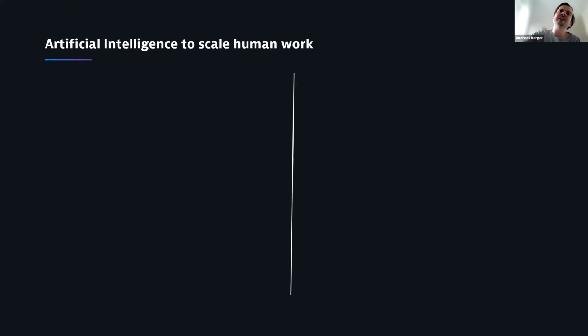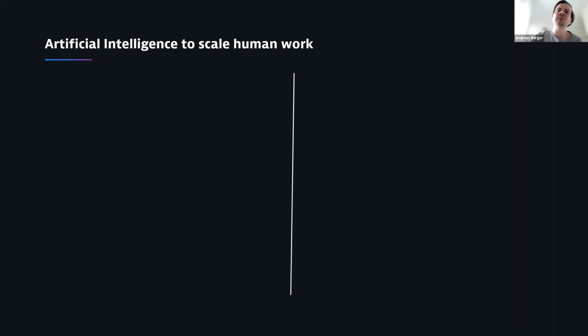So what do we need instead? I think we need artificial intelligence to scale human work. What does that mean? We all have much more to look at than we can potentially look at. So we need to make sure that we automate the stuff we have no chance to actually cover, and at the very least, get rid of all the repetitive, tedious things that are in our way. And AI can be a way there. That also means to me that AI doesn't need to be this kind of magic machine that does things that no human would ever be able to. But at the very least, it should simply do the stuff that only 1,000 of myself could do, right?